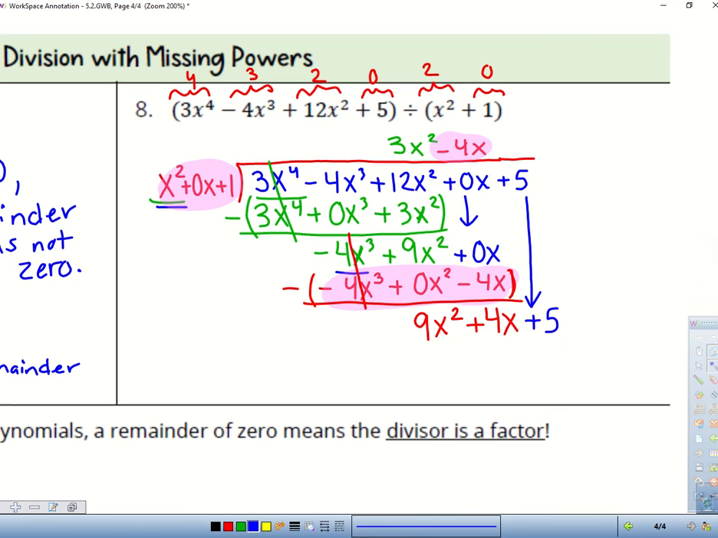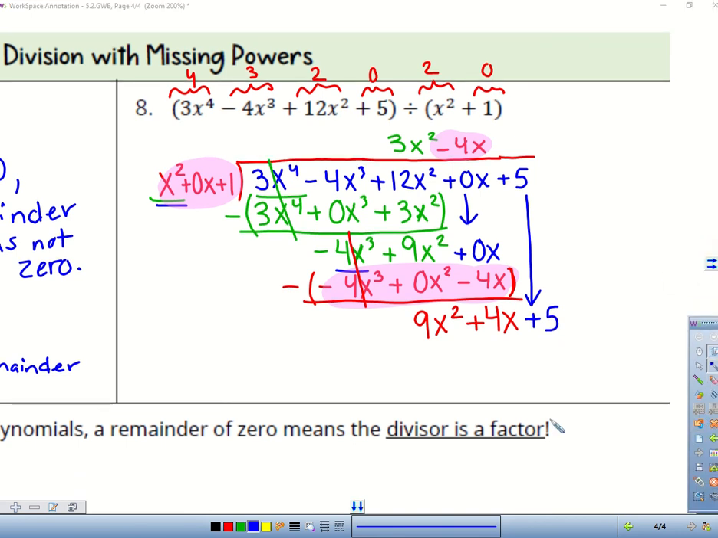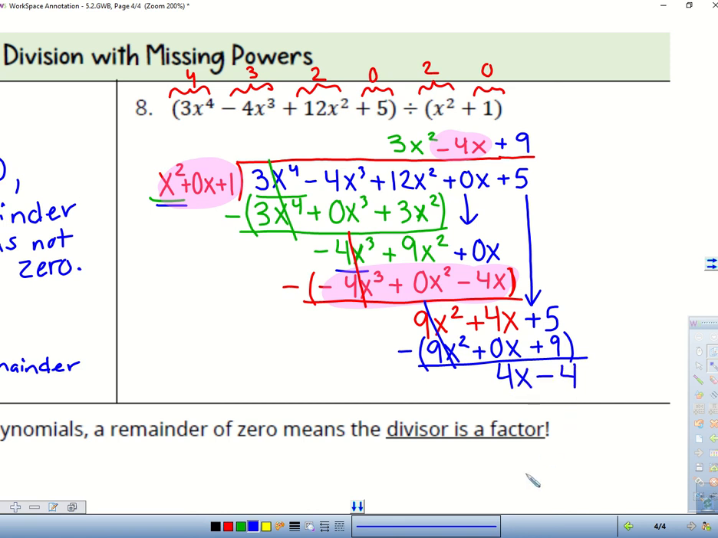Last one. What would we multiply x squared by to get to 9x squared? 9. Multiply the whole thing by 9. Subtract. Cancel. 4x minus 4. This is our what? Remainder. Yep. So our final answer is this plus your remainder